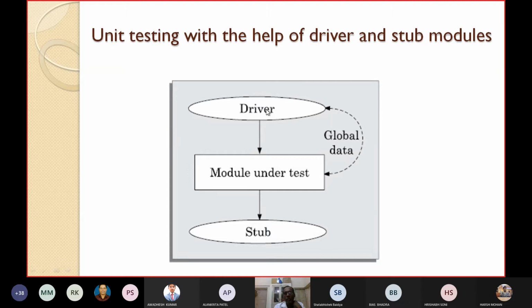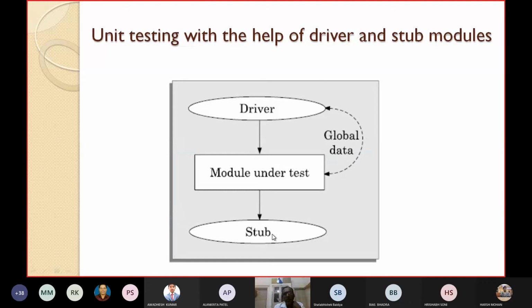Similarly, suppose the module under test is calling module C and module C is not ready. For that we have to create a dummy module called a stub, with some minimal behavior of that module. And the module under test communicates with the driver module through some global data.